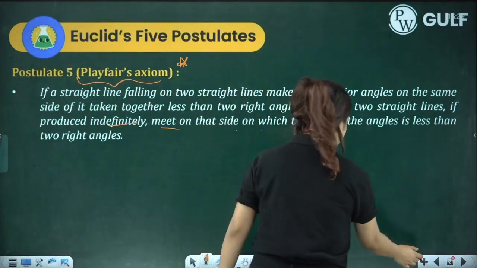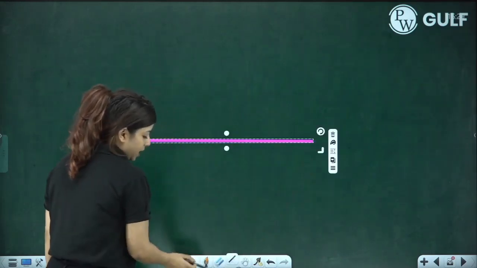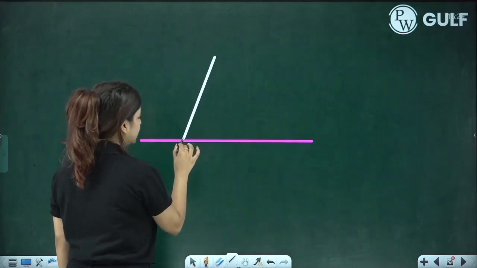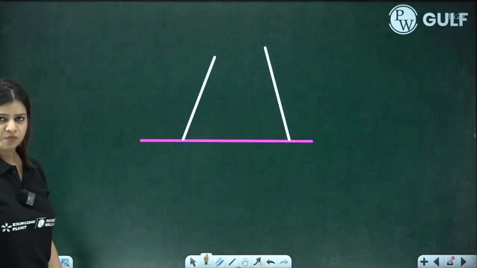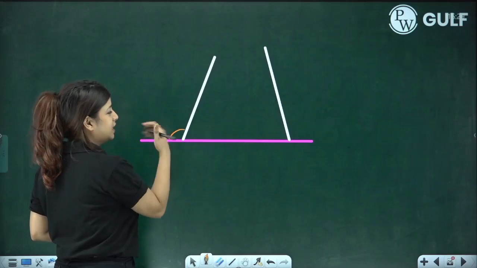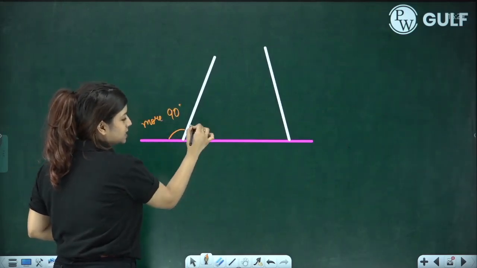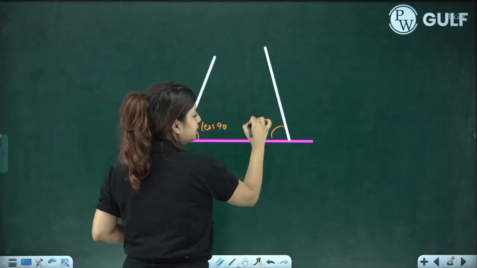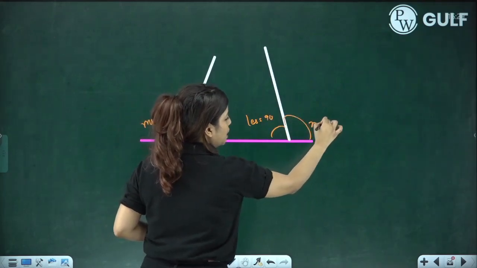Now what does this mean? For example, if I have a line, right, now on these two lines, if I were to draw one line like this and the other line like this, right, these are not the right angles. And of course, this angle is very much clear that this is more than 90, students, more than 90. This angle will be less than 90. This angle similarly will be less than 90. This angle will be more than